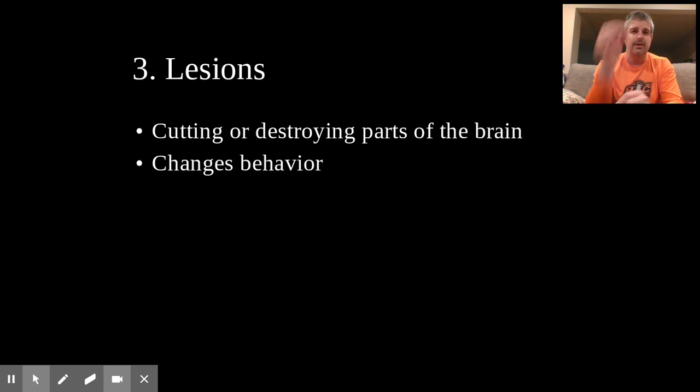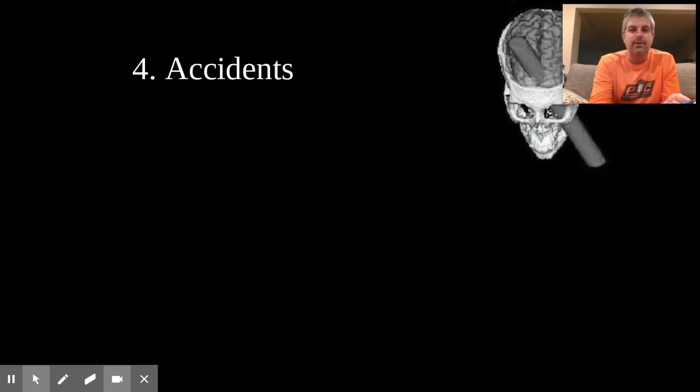Talking about lesions or cutting away or destroying parts of the brain, that's a lobotomy. And they do this by cutting. They take like an ice pick and they stick it in through the eye, and they go up and cut part of the brain. They cut the frontal lobe. All right. And they do this with very psychotic patients in mental institutions. They don't do it anymore. They did in like the 50s and the 60s. And it basically sedates that person. It almost turns them into somebody different. It changes their personality. And they started doing that because they learned from the frontal lobe because of the accident